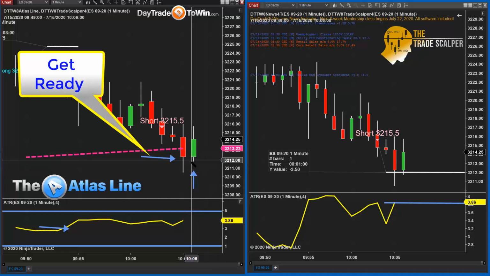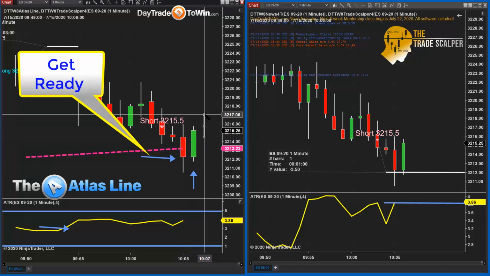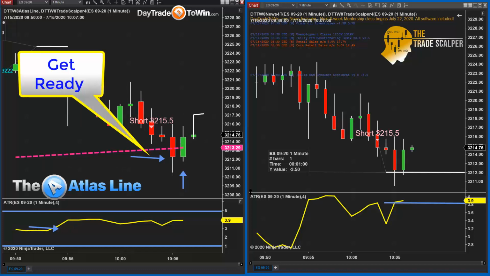So as long as this here closes below, we have a short. If it doesn't, and we have another candle here in about a minute, you'll see a long. So that way, we can prepare in advance for a long trade or a short trade. Now again, if this comes down and closes here, we haven't yet produced 2 consecutive candles closing either above or below. So until that happens, you won't see a signal. So that's how